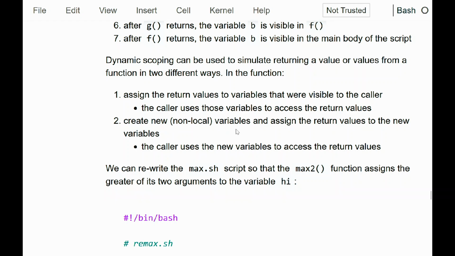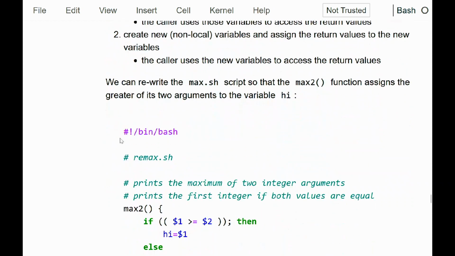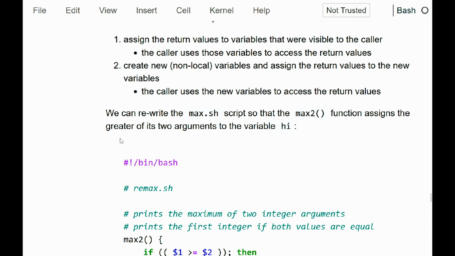Alternatively, you can create a new variable and assign the return value to the new variable. And now whoever's writing the script has to know that this is happening so that the rest of the script can access that new variable. So either when you call the function, you've got a variable already declared where you know the return value is going to be stored, or the function creates and sets a new variable,